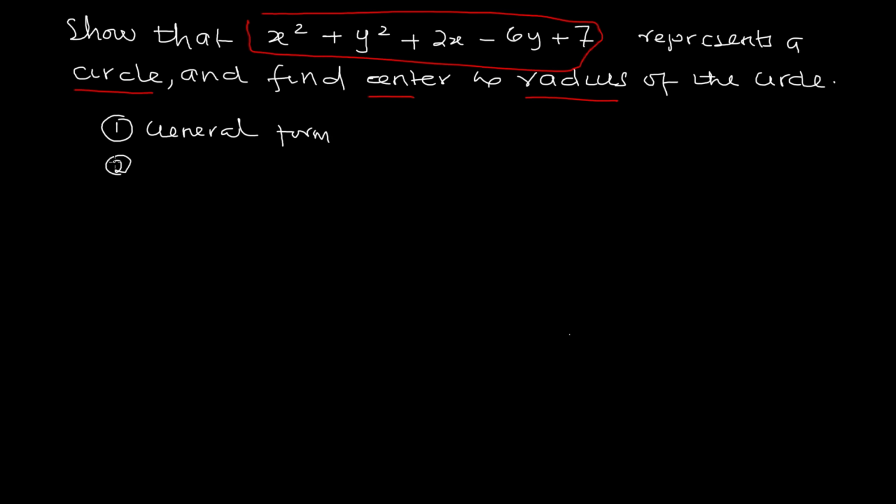Then once we're in the general form, we can extract the center, and then we can extract the radius from the general form. And then we have to look at our strategy. How do we get to these? We get to those using our completing the square